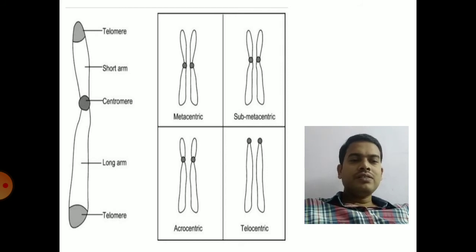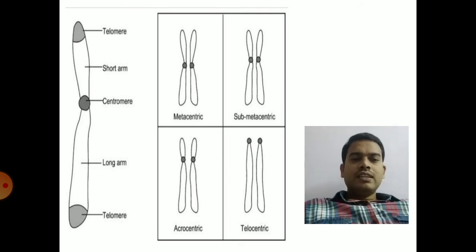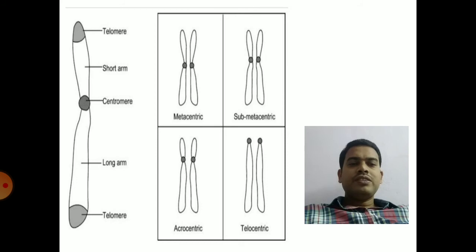In cancerous tissues, the karyotype will be different. It does not contain 46 chromosomes. It may contain 45 or 44 or more than 46, etc. All its DNA is protected with the help of telomerase. So that's why cancerous tissues show high telomerase activity, since the telomeres will prevent the DNA from nuclease activity. So that is the general structure of a chromosome with centromere and telomere at the ends.